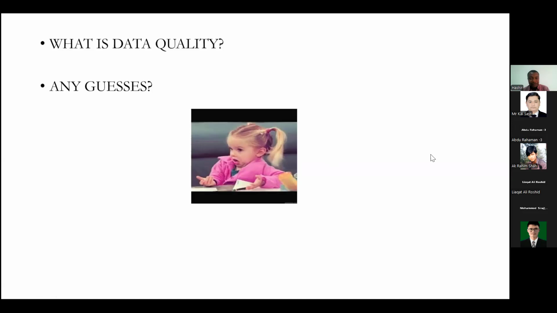Yeah, actually, what Muhammad Siraj has said is great. I would like to add that data quality is like, if we are conducting research on a topic, at that time there is a lot of data related to it. So data quality refers to accuracy of